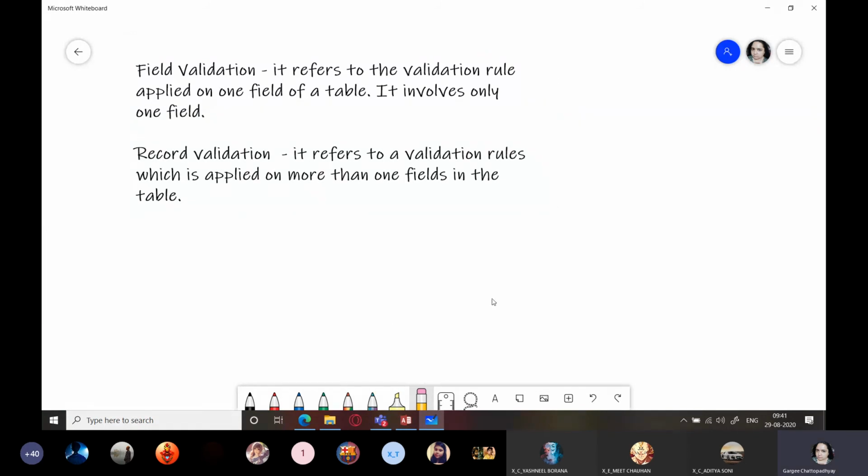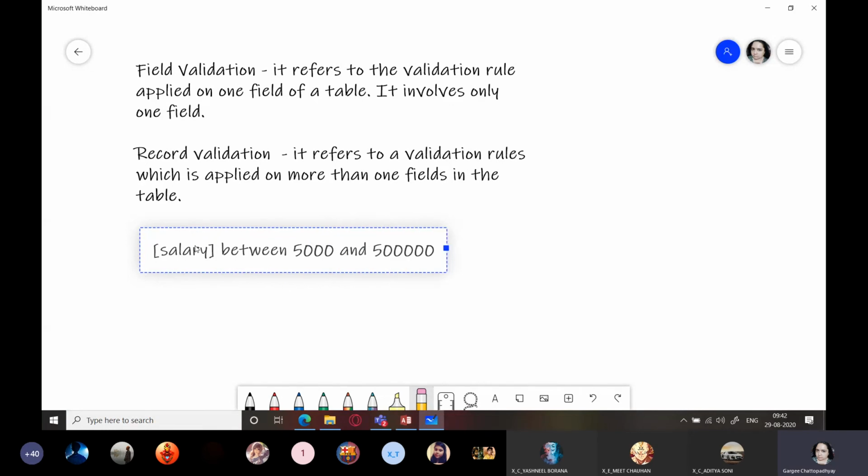For field validation, all the examples which I gave you, like I said, salary between 5,000 and 5 lakh.